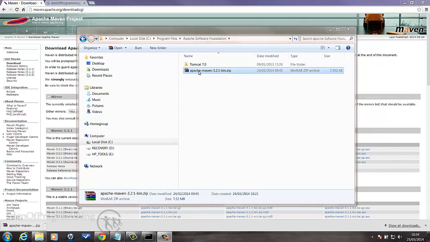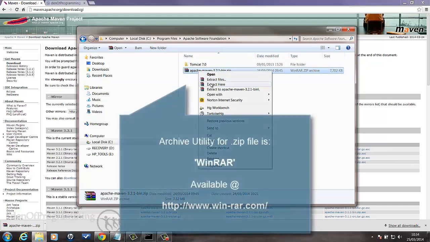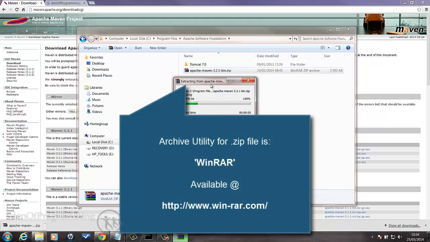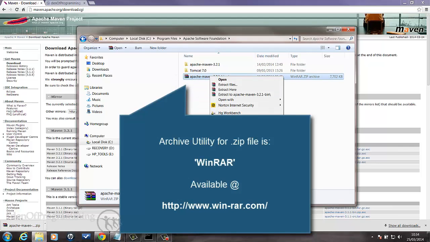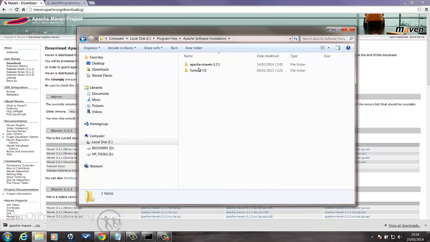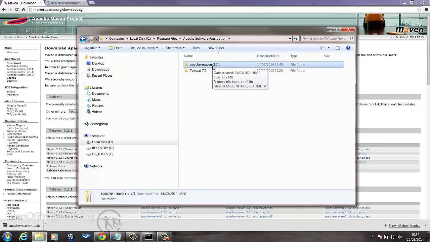So we have the zip file. Just extract that here, and then I just delete that because I don't need it anymore. And that's it. Apache Maven is now set up on your machine. What we need to do now is look at setting up the environment variables